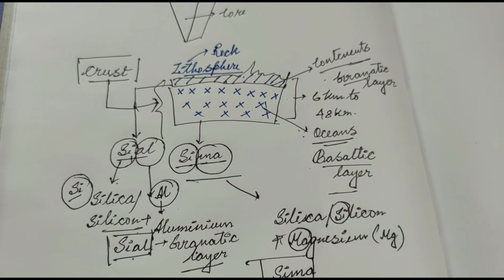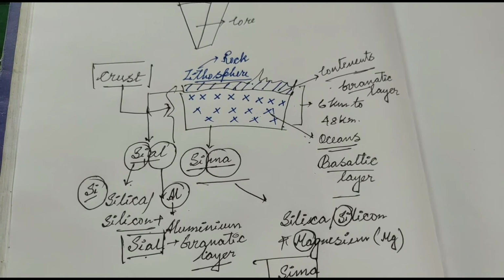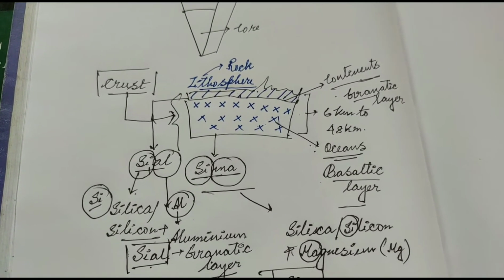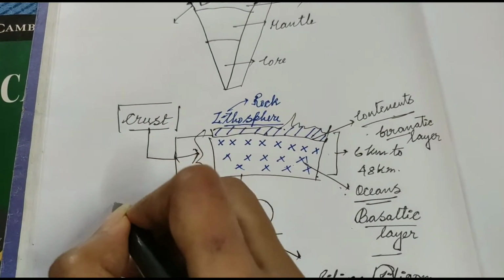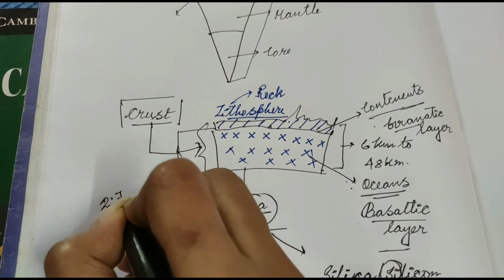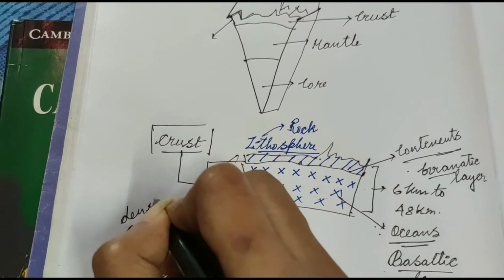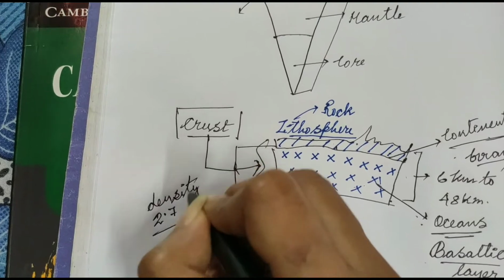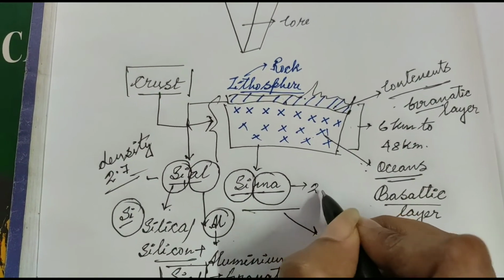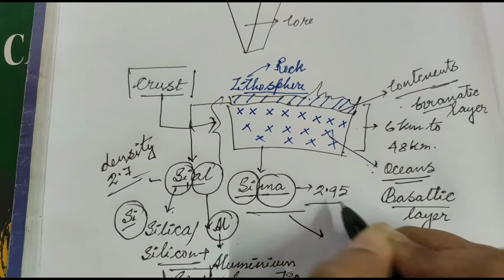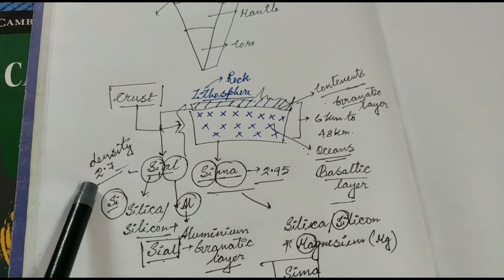So what is the crust? Now you can understand the crust portion. First, the crust portion you can understand. This portion, this Sial, the density of this Sial is 2.7. That is the density of the Sial. Density of the Sial is 2.7 and density of the Sima is 2.95. That is the density of the Sima. So you can understand which one is heavier